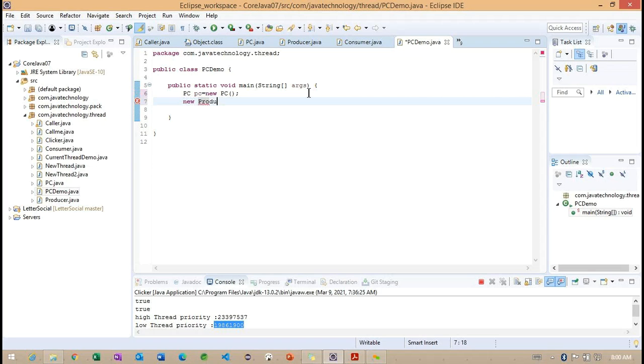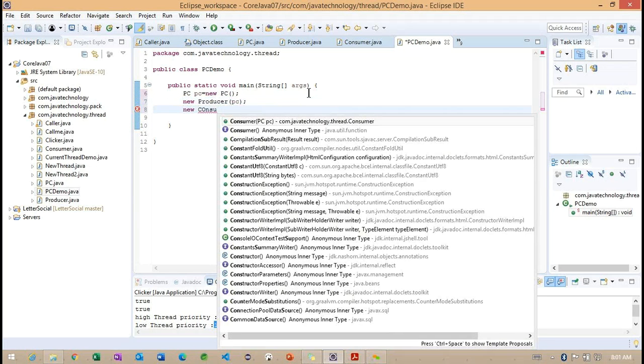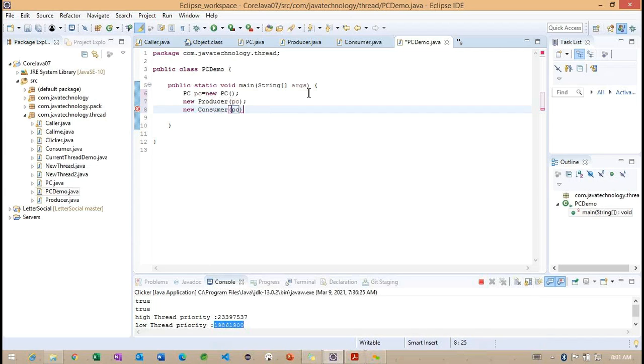We'll create a producer and a consumer. So one producer application, one more is consumer application.